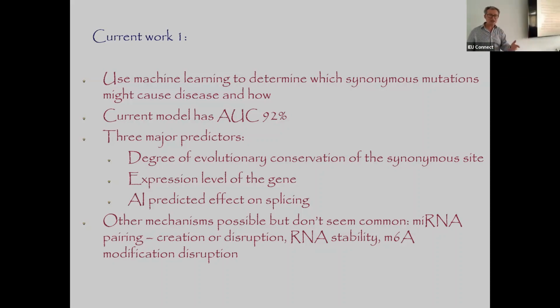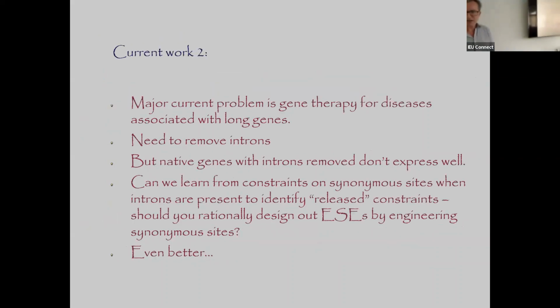But we know there are other mechanisms out there that I haven't talked about. So, for example, synonymous mutations will generate and destroy microRNA pairing sites, and a number of those have been shown to be important in cancers, for example. There's recent evidence that some synonymous mutations will disrupt m6A, and they can disrupt RNA splicing by forcing long stem loop structures, etc., etc. But the other stuff that I wanted to finish off with is looking at, can we use